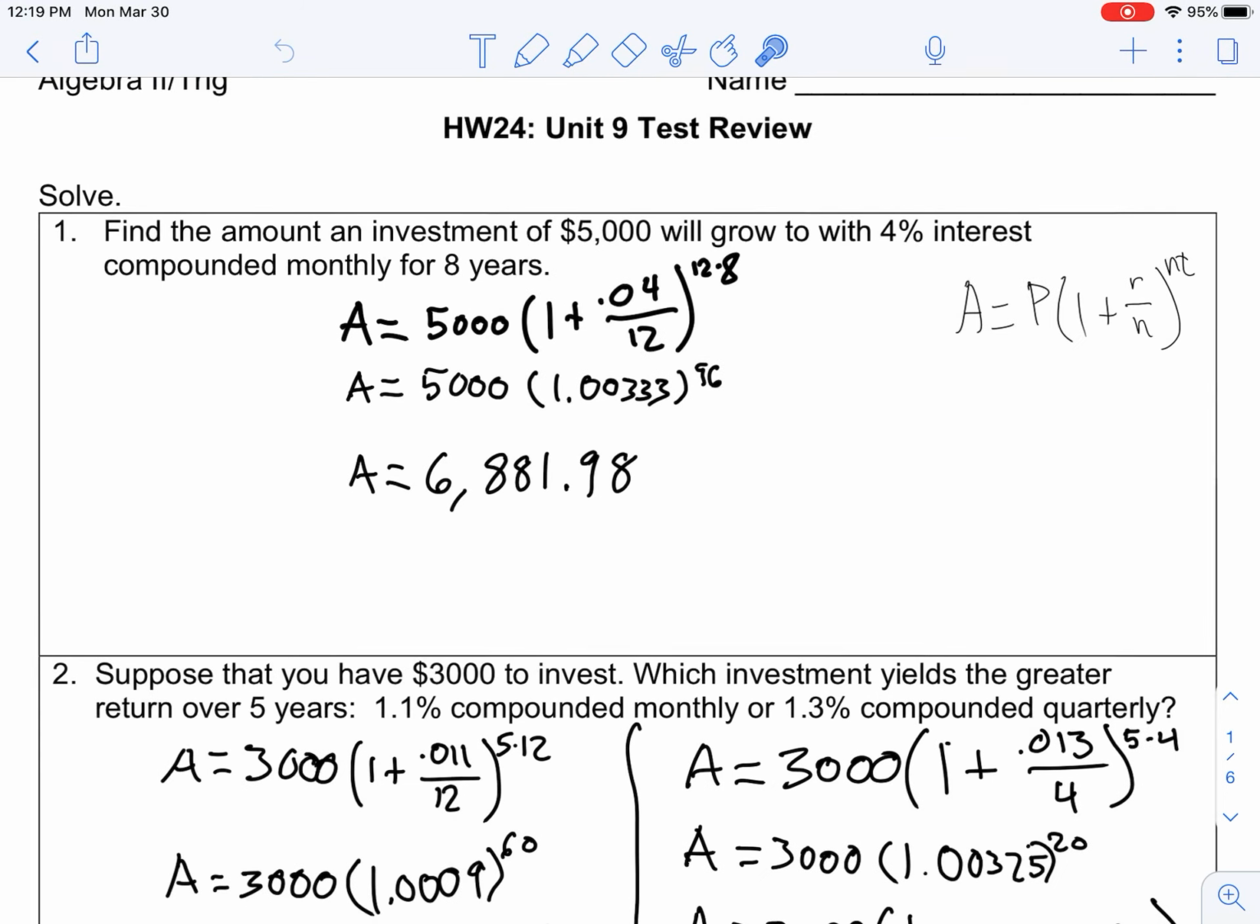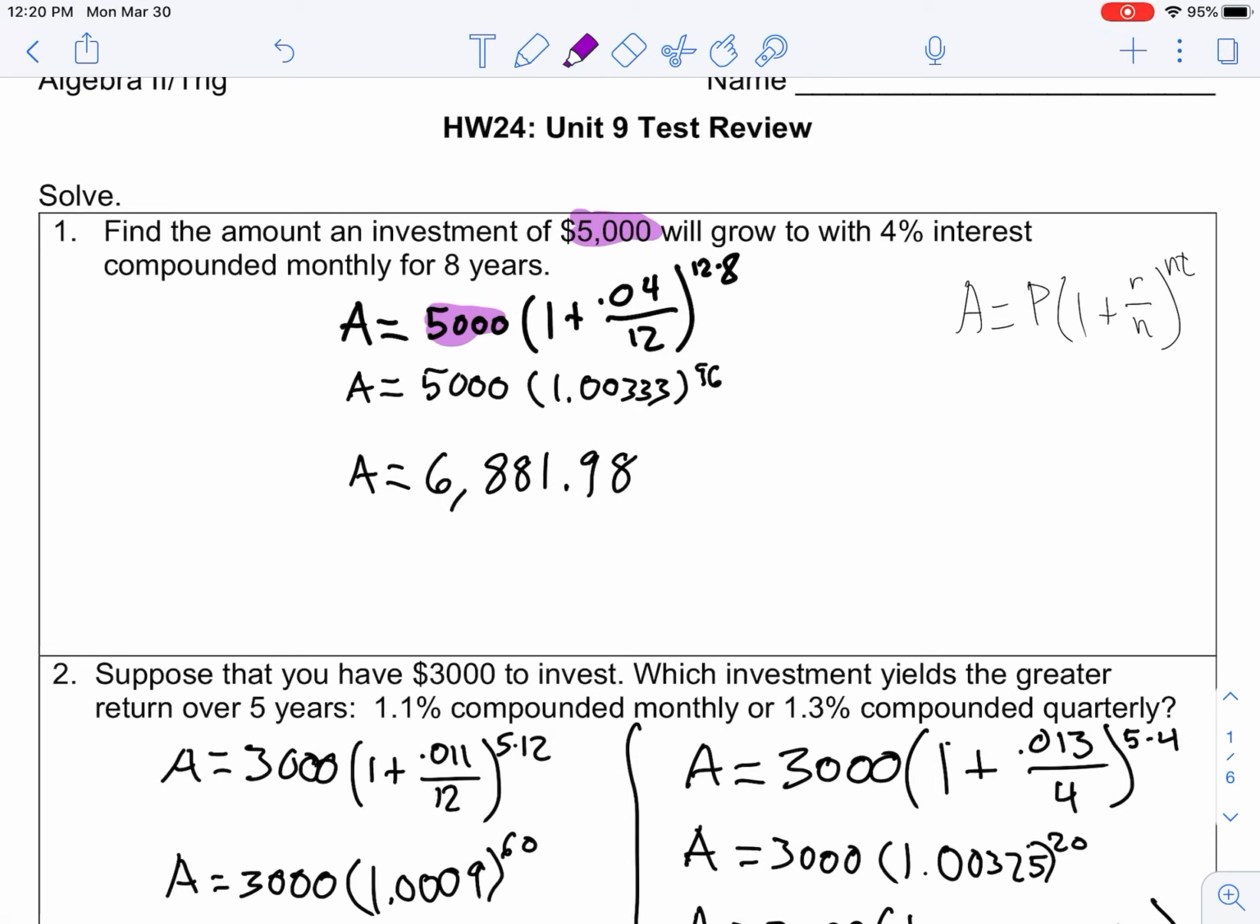So, number one, find the amount an investment of $5,000 will grow to with 4% interest compounded monthly for 8 years. So we are going to be using our compound interest formula, which you see I'm highlighting over here, boxing over here. So the amount equals the principal. We've been given that principal of 5,000